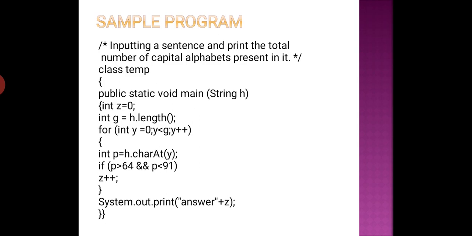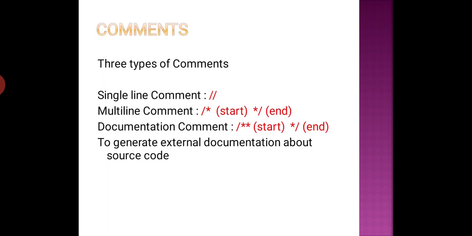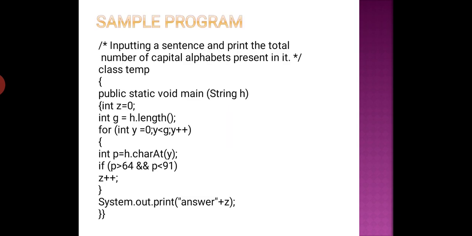So knowing ASCII values will help you to get very good marks, or you can attempt all the programs using the ASCII function. This is the output of the program, in which you can see that in the input I give "this is big world", with a capital letter used, and it will count all the capital characters, which are 9 in this case: 3 and 5 plus 1 T here. So this output will come to 9 characters. Now this is the end of the ASCII value topic, where we have shown how ASCII values can be used. You can just use a simple char function with an integer part, and you can use an if line and a counter to help you find the results.